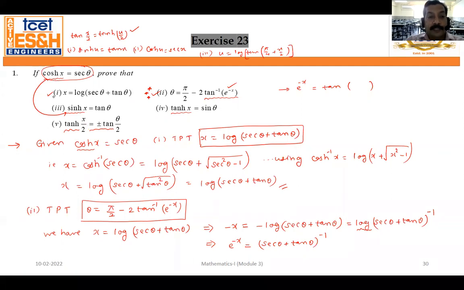ही नहीं, sin hyperbolic of x को भी हाफ एंगल फॉर्मूला यूज करके tan hyperbolic of x by 2 के फॉर्म में लिख सकते हो। नॉट ओनली दैट, tan hyperbolic of x को भी हाफ एंगल फॉर्मूला यूज करके आप tan hyperbolic of x by 2 के फॉर्म में लिख सकते हो। मतलब फिफ्थ रिजल्ट प्रूव करने के लिए तुम्हारे पास बहुत सारे ऑप्शन है। You can use a given data, or you can use a third result, or you